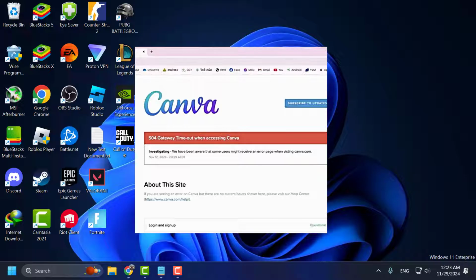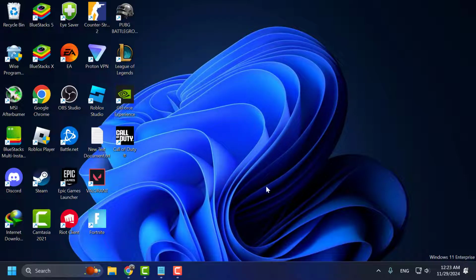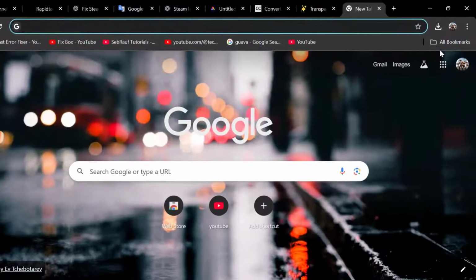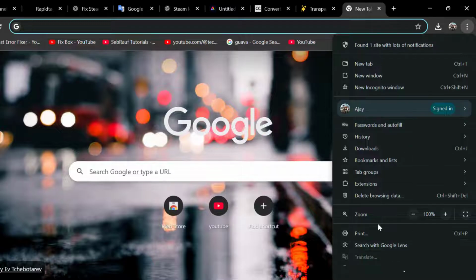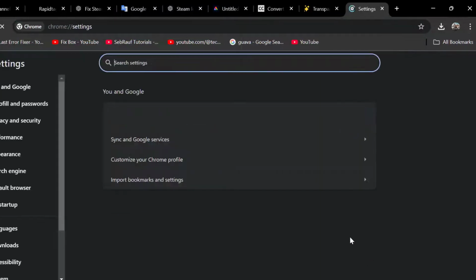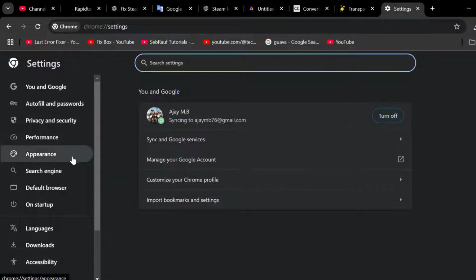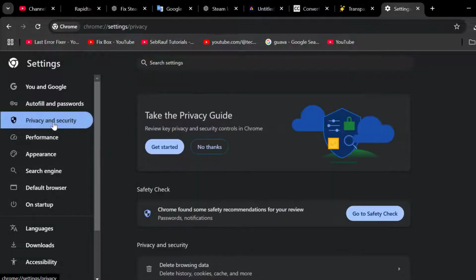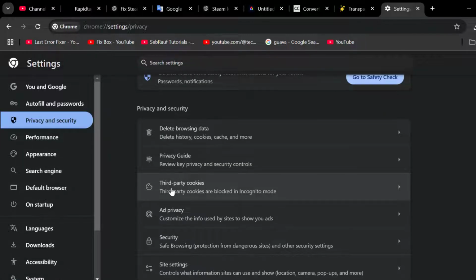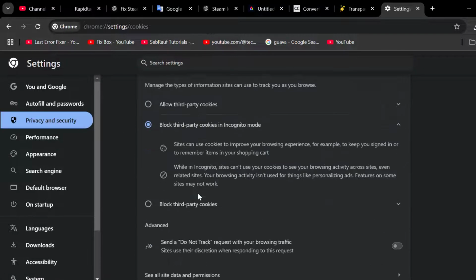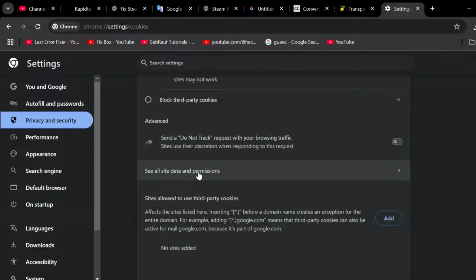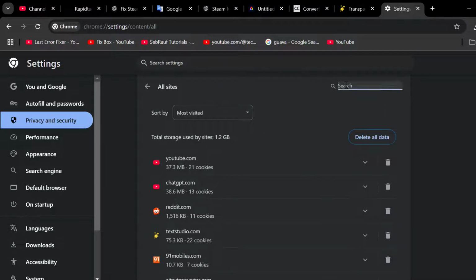Let's fix it, guys. Method 1: you just need to open up Chrome, select the three dot icon and select Settings. On the left side, select Privacy and security. On the right side, scroll down and select Third-party cookies. Scroll down and select See all site data and permissions. In here, you just need to search Canva,